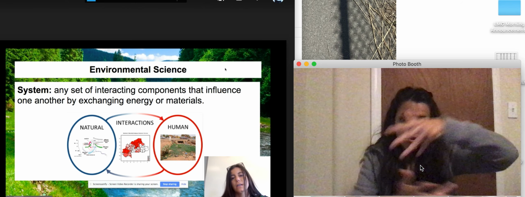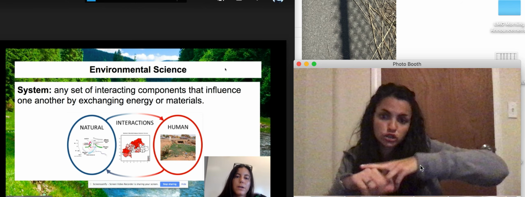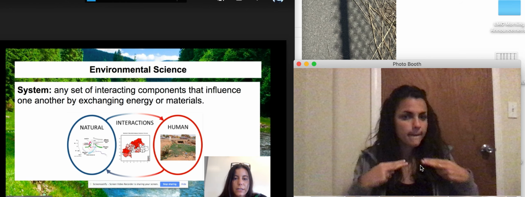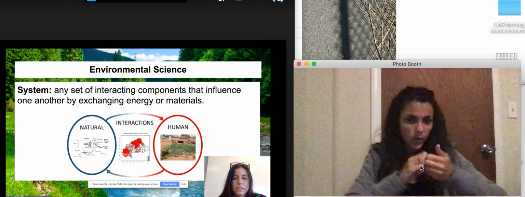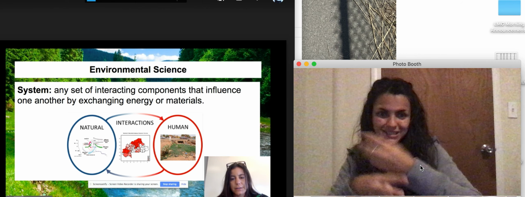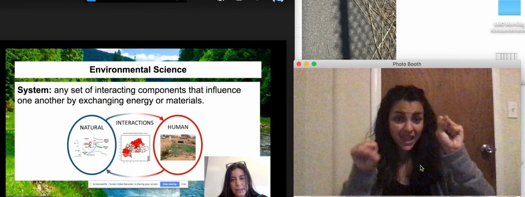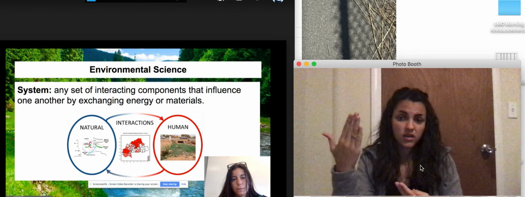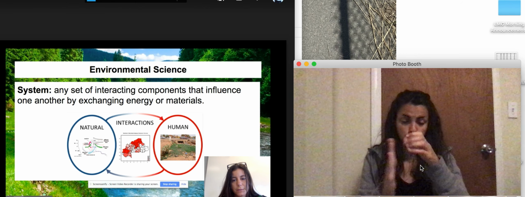So everything, if you could take a minute and think about what are some human interactions, like how do we interact with the world on a daily basis? They could be both positive and negative. If you look back to the chapter opening case, human interactions with the environment, with the system,